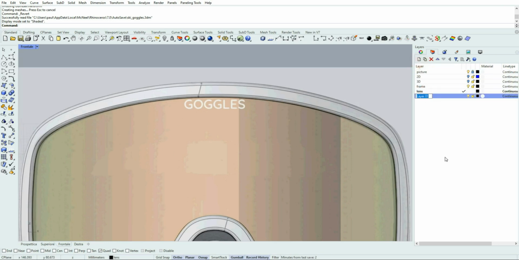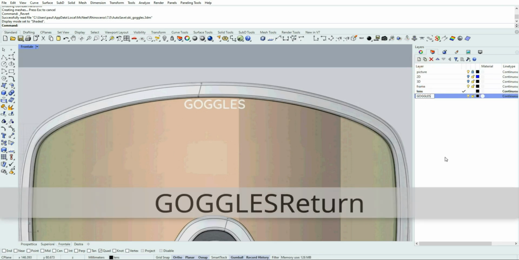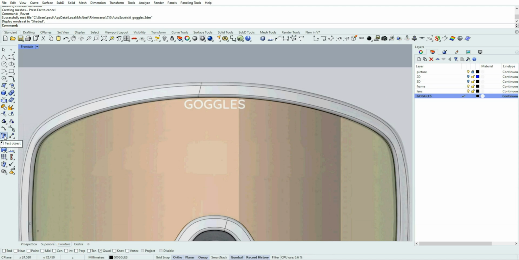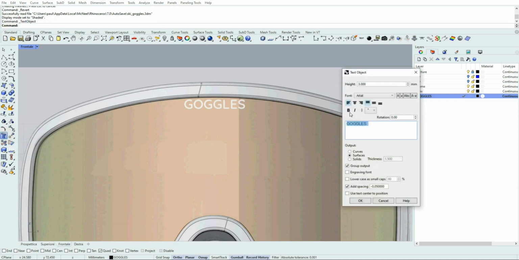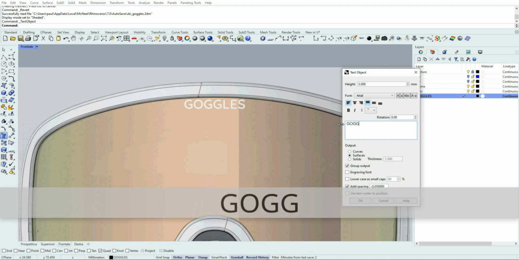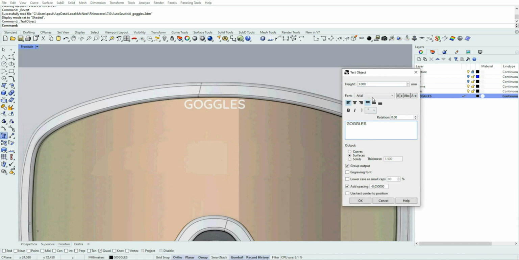So I create a new layer. I call it goggles. Text object. Of course, our text will be goggles. Be sure that output is surfaces and a group output. Okay, let's try with this height. I don't know if 3 is okay or not. We are going to try.